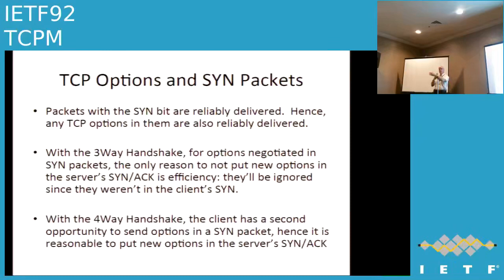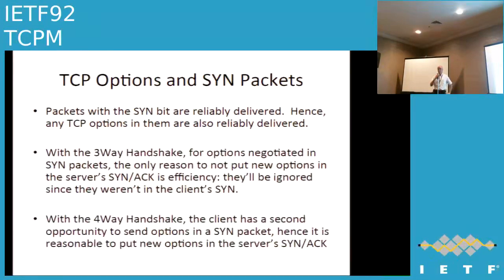The server, when he receives that, picks which options he's going to acknowledge, basically, and then sends those back. But if he knows about other options that weren't received in the initial SYN, he does not send them back. And that's actually just an optimization for the implementation, because when you have just the three-way handshake, and the document says it's the presence of those options in the SYN, and you only have 2 packets with the SYN, there's no point. If you didn't receive it in the first SYN, it's not going to get enabled anyway, so there's no point